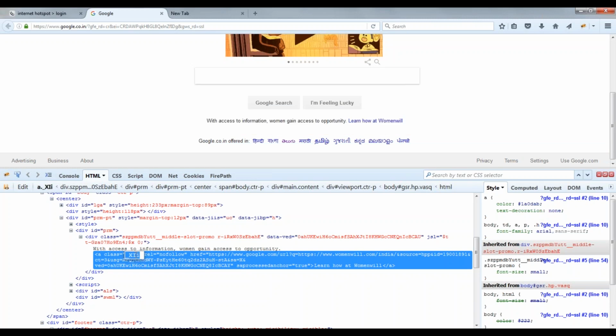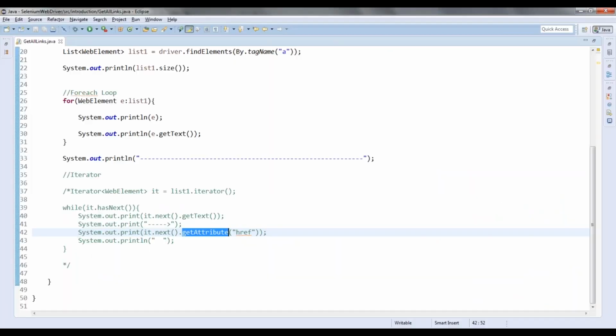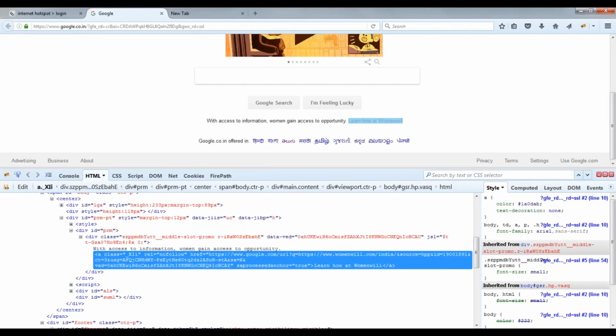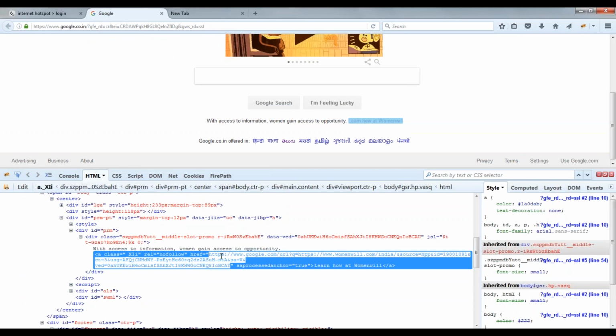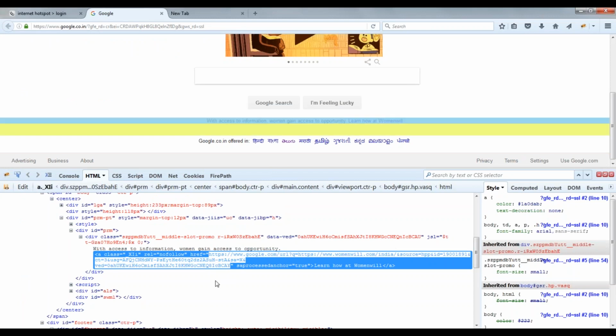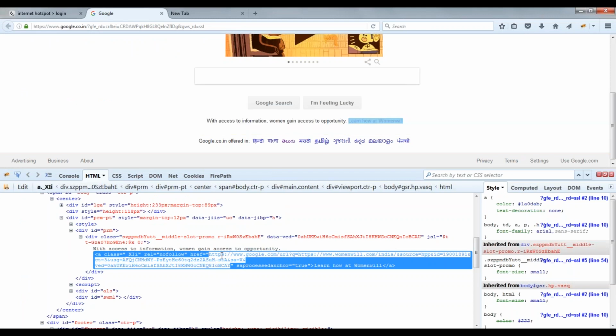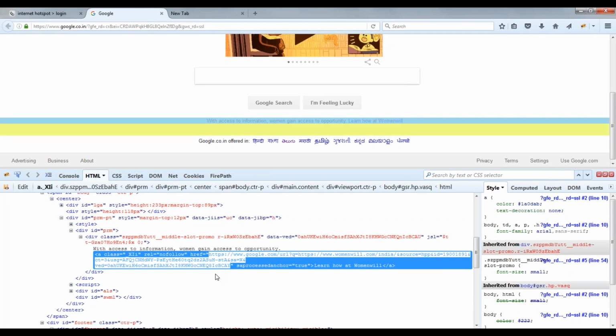If I want to get the value of attribute class, it will give me whatever is there inside this double quote. That's what I have displayed in my iteration. Get attribute href, so it is giving me all the links from HTTP, this much. For every element, it is giving me this as the output. Whether that particular value is there or not, it will check and give me that output.